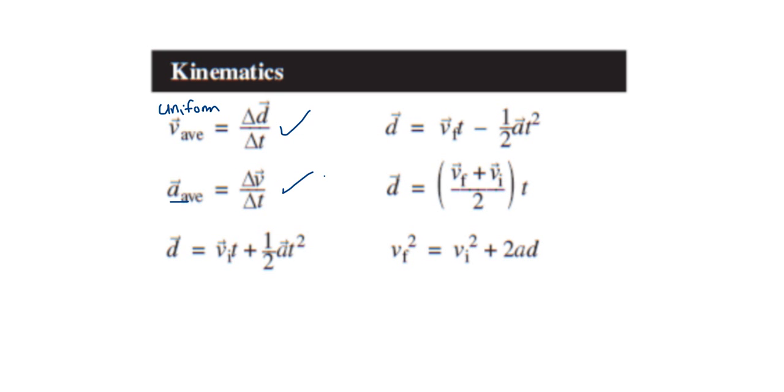And you notice that all the rest of these formulas here involve an acceleration. Or if they don't involve an acceleration, they involve 2 different velocities. The velocity final and the velocity initial. Okay. So if you haven't seen those before, that's what the little subscripts refer to. The I is initial and the F is for final. And really, we're just going to spend the rest of this particular lesson